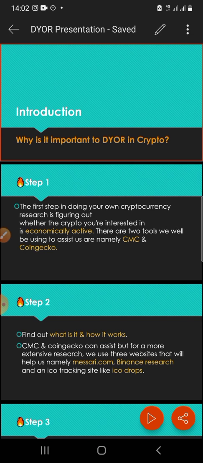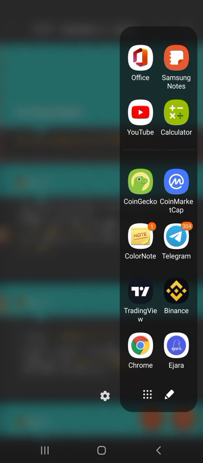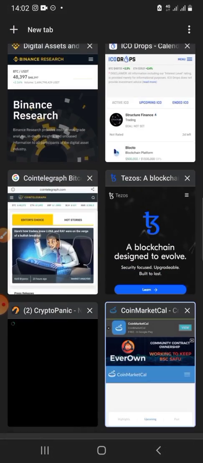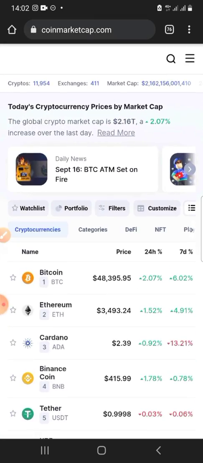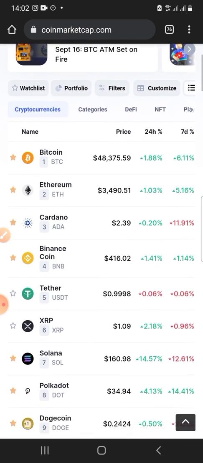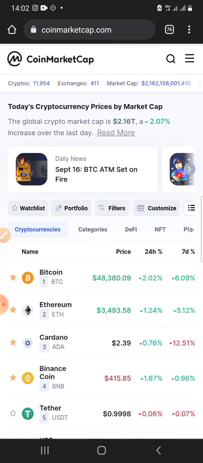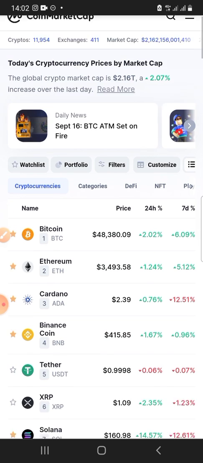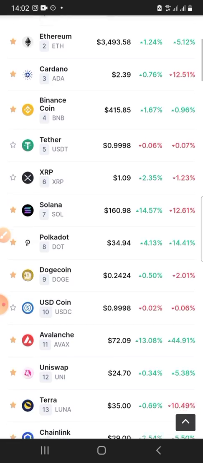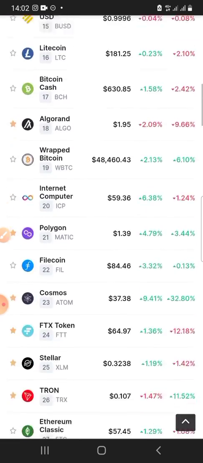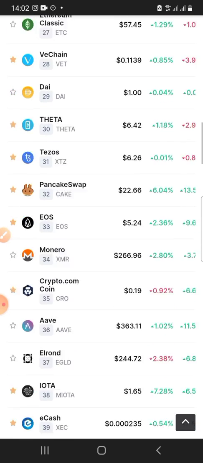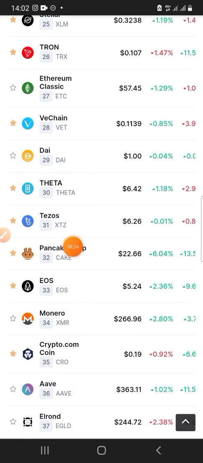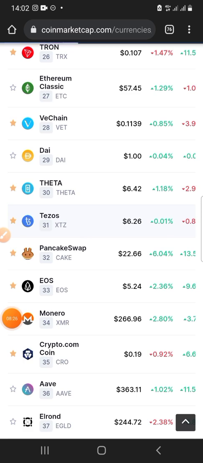Okay, so we can either use the application, or I want us to use a website so that we could just go into that. So I have Coinmarketcal opened up. So this is Coinmarketcal, right? Here, it's a data aggregator for almost all cryptocurrencies that we have. Yeah, so this is it. So we're going to go straight and look for Tezos. We can also type it in the search button. Okay, so this is Tezos. So let's search for it.